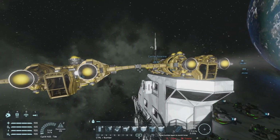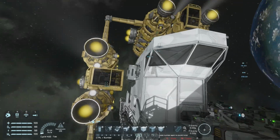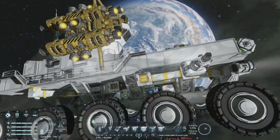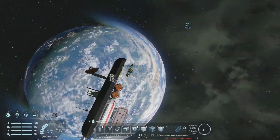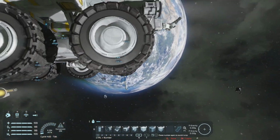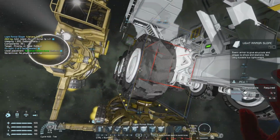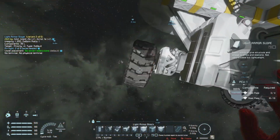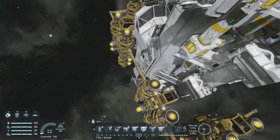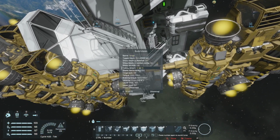Okay. So we're just going to try and build a ring around this ship. Oh, need another copy of this. Hopefully the wheels won't cause an issue. Actually, yeah. This isn't really designed for land vehicles, so I'm just going to cut the wheels off real quick. We don't need to have them causing us issues. And what I can do then, with them out of the way...